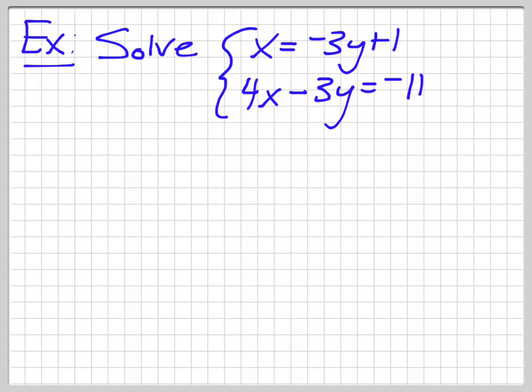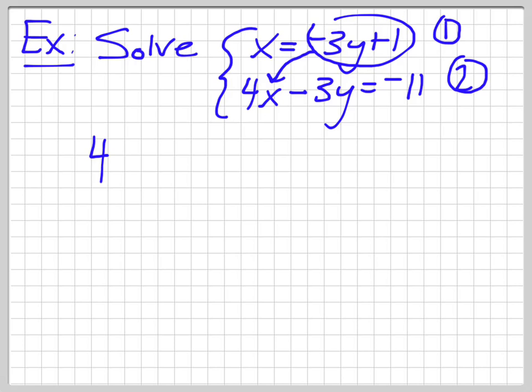So this one, we do not have y equals mx plus b. Instead, we have an equation here, equation 1, that's x equals negative 3y plus 1, and this other one is in some other different form. So this one, again, the first step is already done for us. Really, with substitution, we want to get one of the equations such that it's equal to a variable. This one's already equal to x, so we don't really have much to do. All we're going to do is sub 1 directly in. We're going to take this guy right here and sub it in there for x, because we already know that equals x, so we'll have 4 times negative 3y plus 1